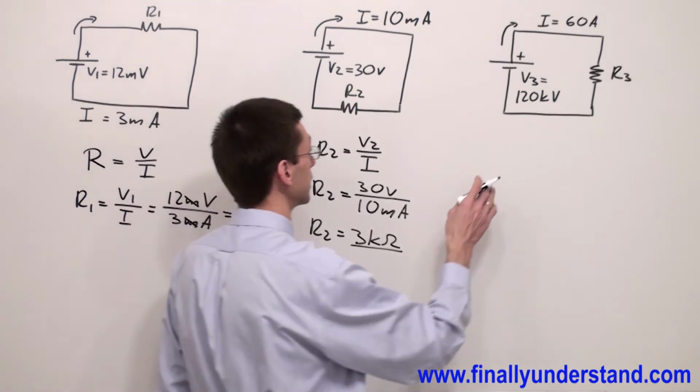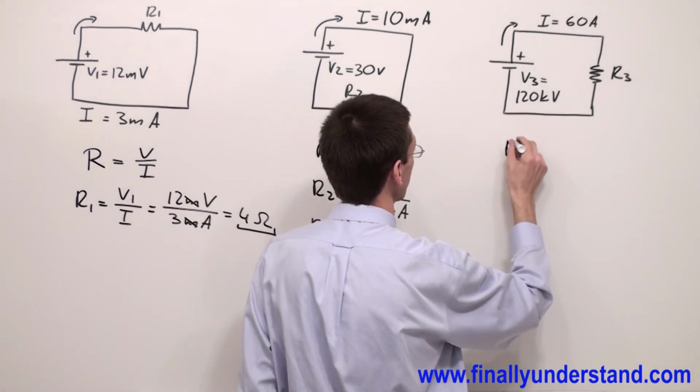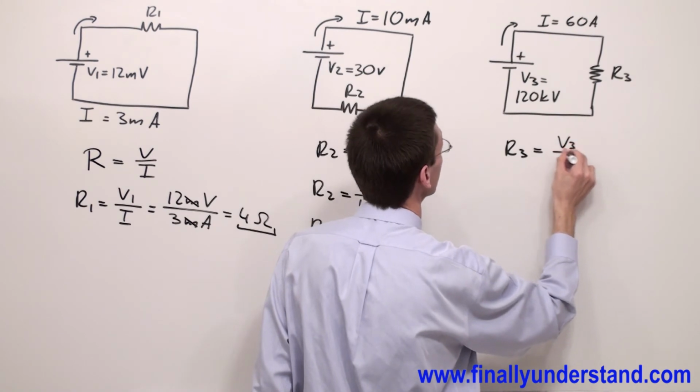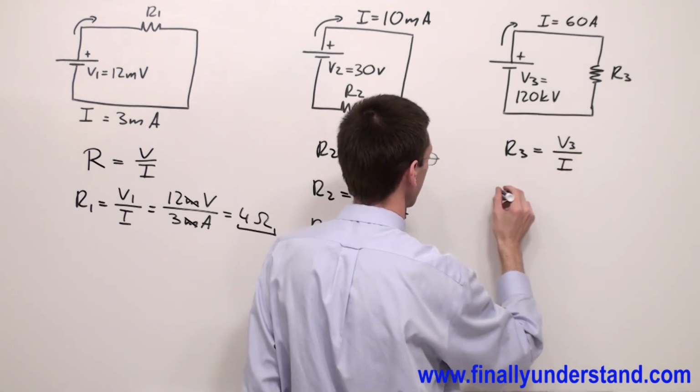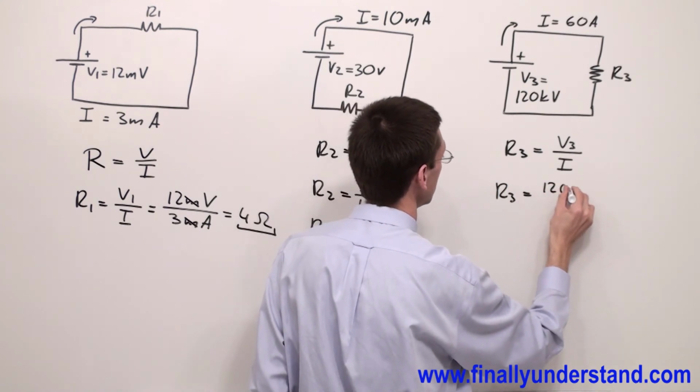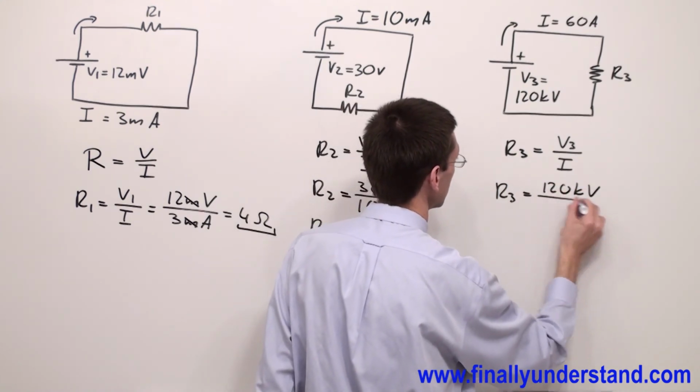Let's take a look at this example. I have to find the value of R3. R3 equals V3 over I. R3 is equal to V3, 120 kilovolts, over